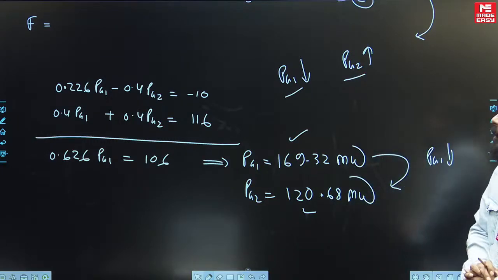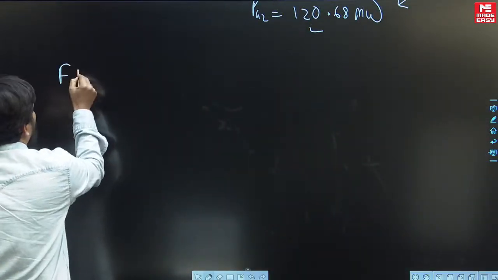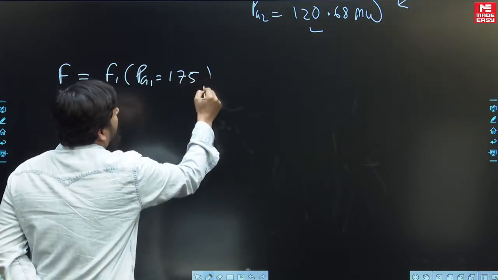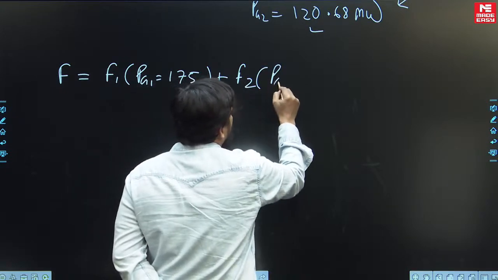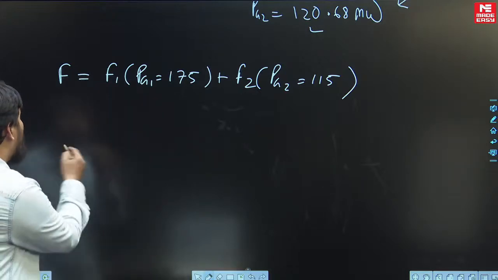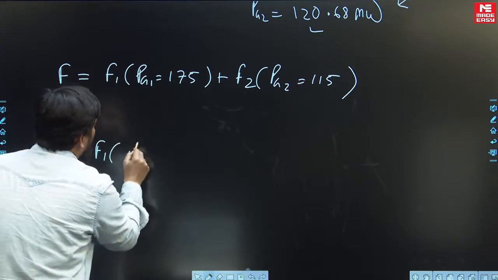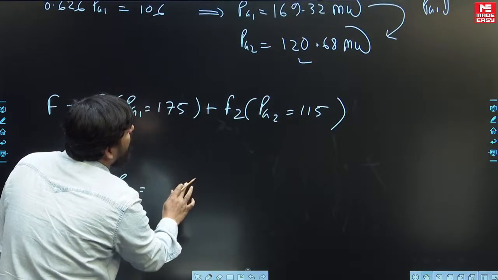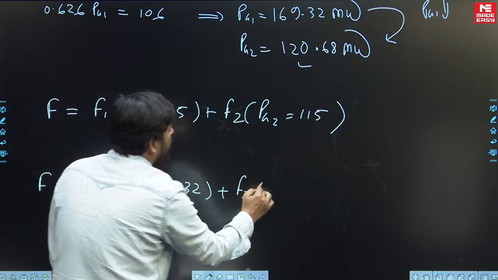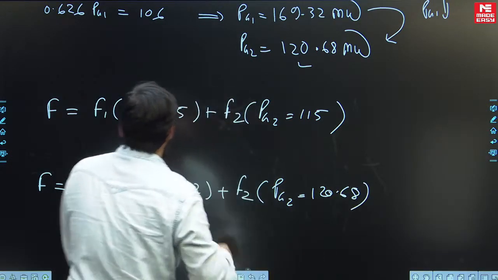अब बात आएगी टोटल कॉस्ट की। तो टोटल कॉस्ट के लिए आपको सॉल्व करना पड़ेगा। आप टोटल कॉस्ट f निकालोगे, f1 की वैल्यू Pg1 इक्वल टू 175 प्लस f2 की वैल्यू Pg2 इक्वल टू 115 पे निकाल लीजिए, ठीक है, टोटल कॉस्ट f। और जब a को हमने 10% बढ़ाया उस समय टोटल कॉस्ट कैसे होगा? f1 की वैल्यू Pg1 इक्वल टू 169.32 प्लस f2 की वैल्यू Pg2 के लिए 120.68, ये निकाल लीजिए।